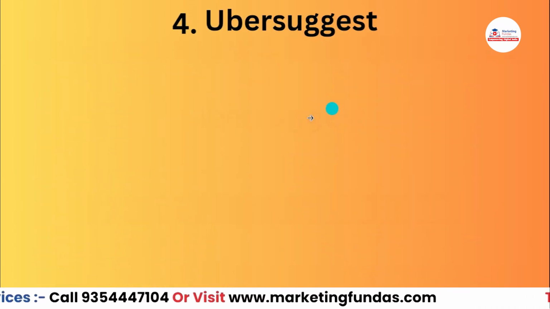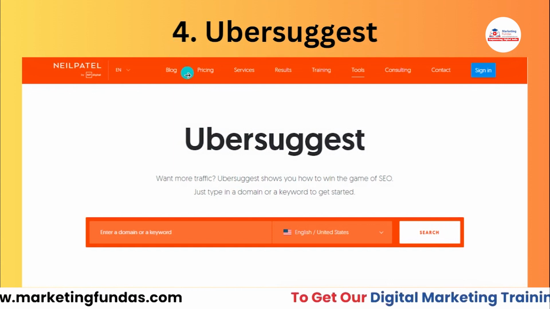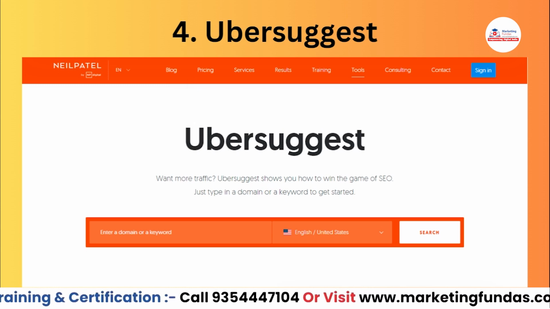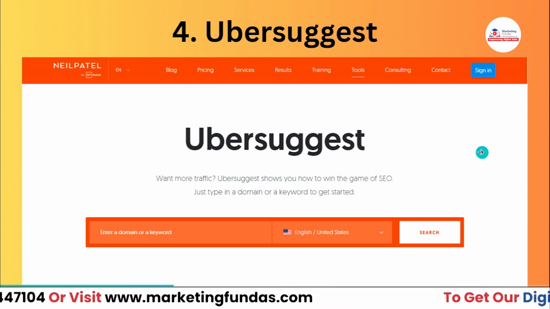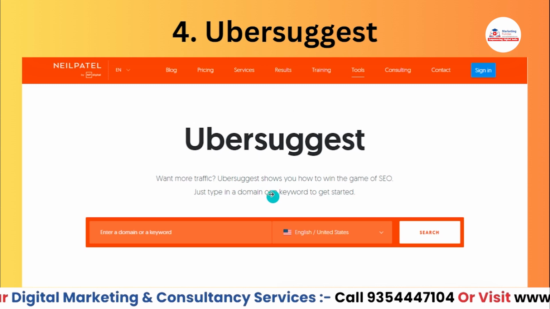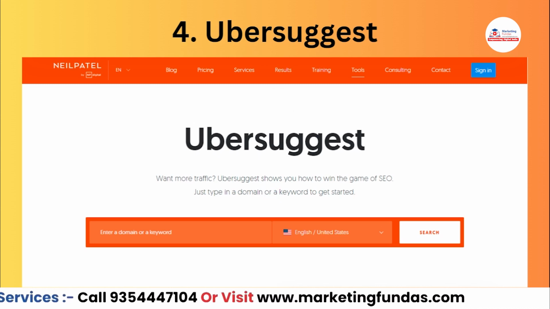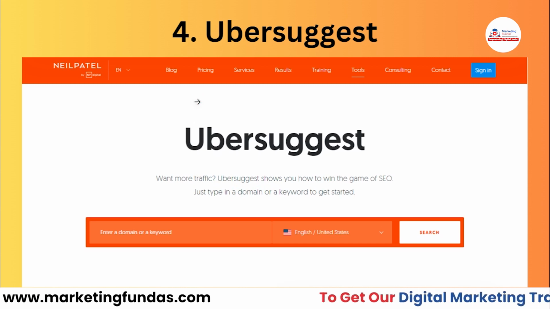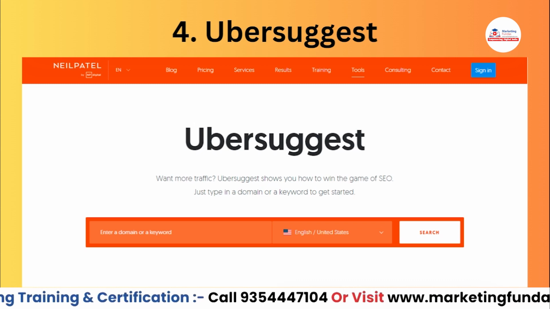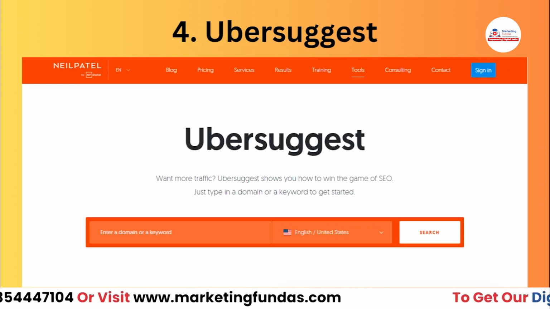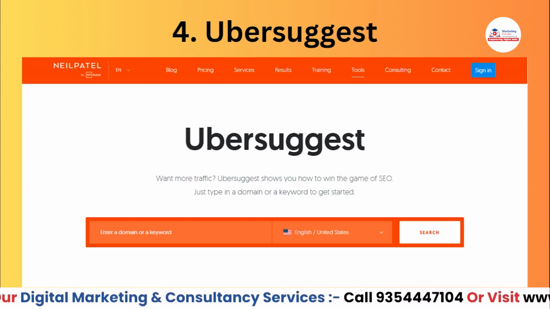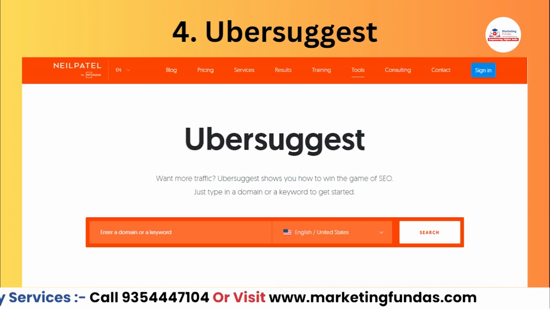Now the fourth one is a bit different, and that is Ubersuggest. Ubersuggest is a renowned keyword research tool among SEOs, search engine optimization. If you want to rank your website on Google, then Ubersuggest is one of the best tools which you can use. Even this is not just used for your website, you can use this tool for your YouTube videos as well, because YouTube videos also rank on Google's search engine. So you can find out the potential keywords which are getting searched on Google, and you can add those keywords in your video title, description, and tags, so that your video can appear in the Google search results as well,